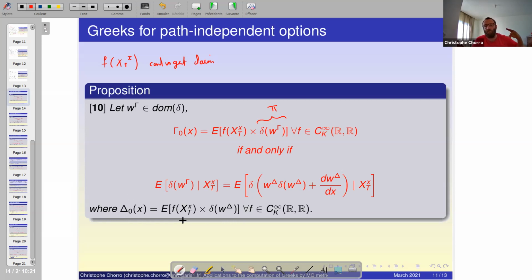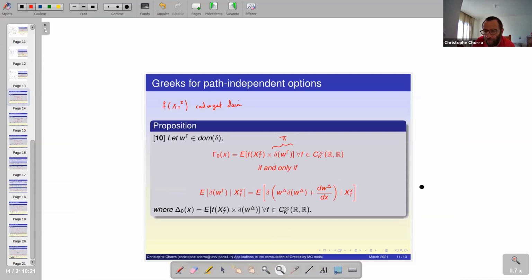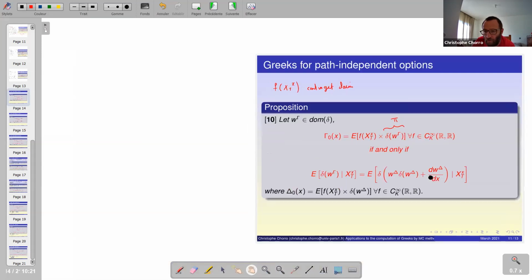It's natural because I repeat that the gamma is the second derivative of the price, that is the first derivative of the delta, okay? So I won't do the proof of this proposition because it will be the objective of one of the projects, one question of one of the projects I will give you as a final evaluation, but what I want to do is just to say that